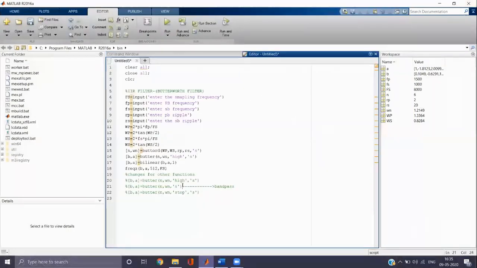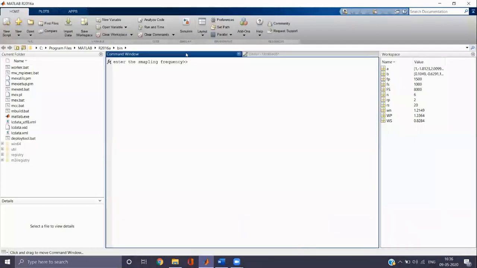Now we can go for the band pass filter. In case of the band pass filter, we have to enter two pass band cutoff frequencies and two stop band cutoff frequencies. We need not type high, it will remain as it is. But in case of entering only one frequency for pass band and only one frequency for stop band, we need to enter two pass band and two stop band frequencies. After that, we need to click on the run button.